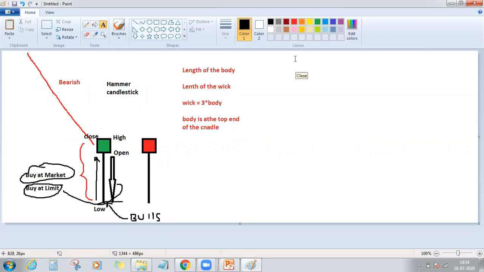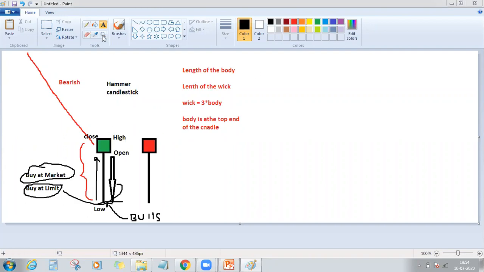Whether the open candle is gap down or gap up, there's no gap here. We are not talking about gaps. We are only looking at the price. The previous day price might have closed here itself, and today price opened at the same area and started falling down in the first session. Again, bulls have stepped in and bought at the market price. Now, after a few sessions, if price comes into the same zone, you will see the same kind of behavior. Again, people will be ready to buy at those prices and again price will jump up.